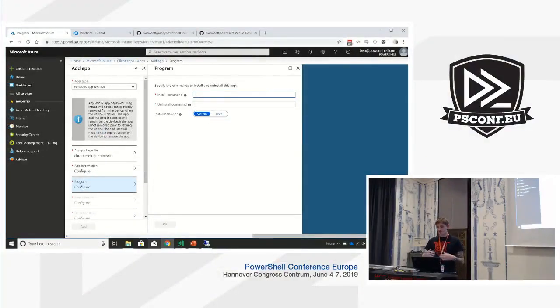So in here, we generally, if you're deploying a PowerShell file, it will just be file.ps1 or whatever your first. So what we're doing here is just going, how do we actually run the content that is inside that Intune Win payload? So however you're going to run it, if it's just a setup.exe, you just put setup.exe. Uninstall command, if you've got an uninstall command, you put that in. It is required, so if you don't have an uninstall method, I know there are a lot of applications that